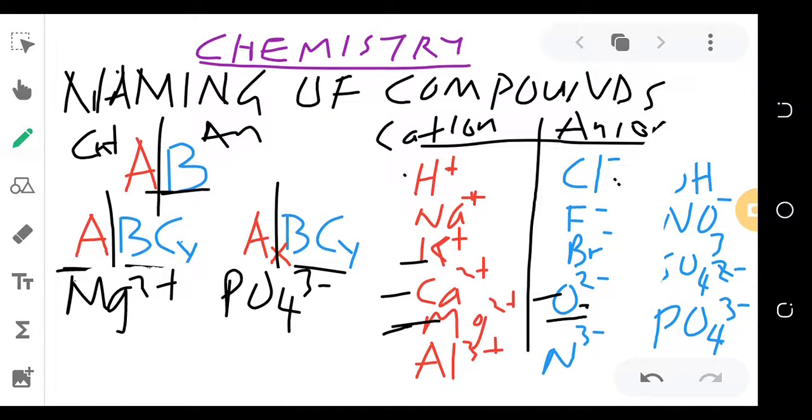So we'll have Mg3. Now the 2 on the magnesium will be transferred to the phosphate. So in that case, because we already have a number here, this is 4, we cannot add another 3 directly to this. So we put it in brackets,